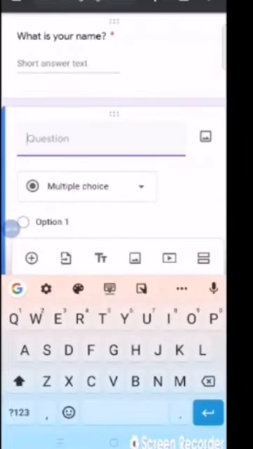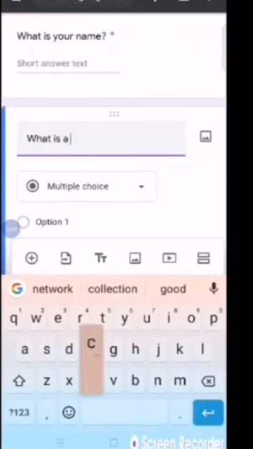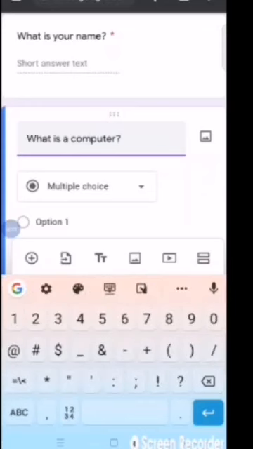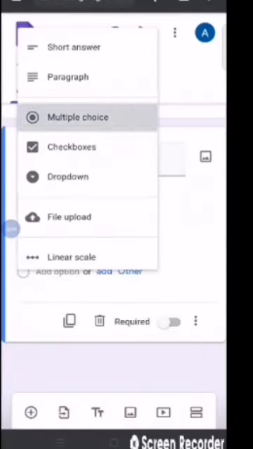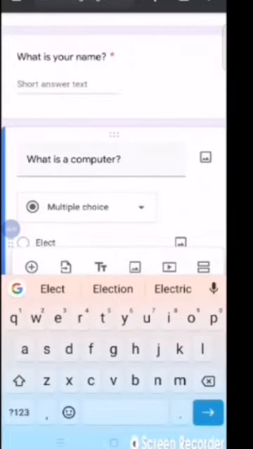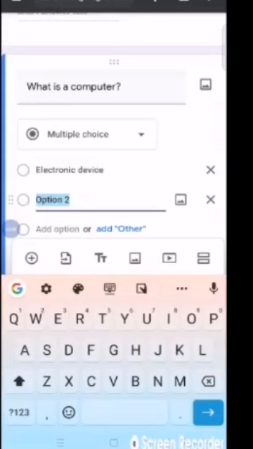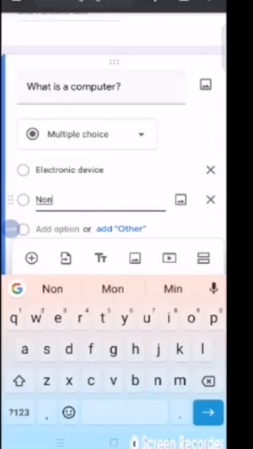Like here I have written the second question, like what is a computer? Here I am giving the choices. So for that I will use multiple choice. Here I have given options: electronic machine or device, you can write whatever you want to, and non-electronic machine.